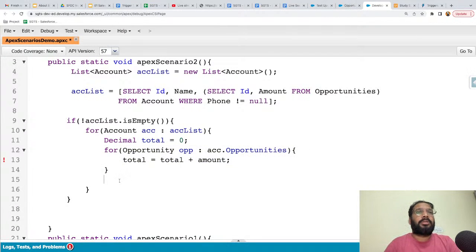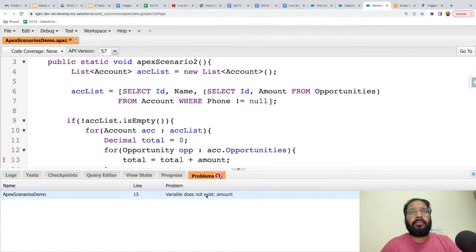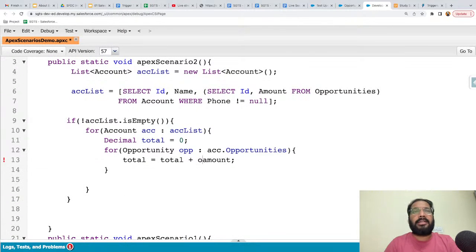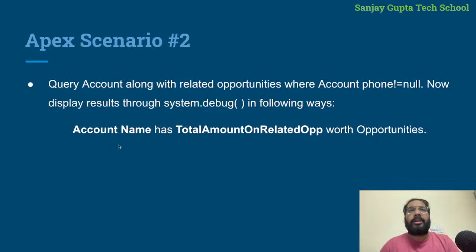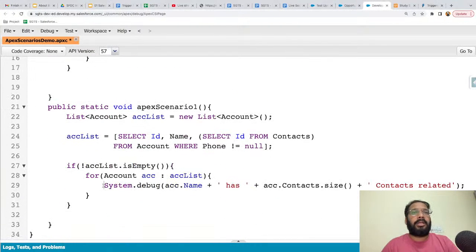And after this, what we can do, okay, there is some error. It is saying variable does not exist amount. So I just need to write it like this, opp.amount. I just need to reference it through this opp. opp.amount will be added into total. Now if I show you the format, we need to write account name, then has, then total amount, worth opportunities. Okay, so I'm just copying this